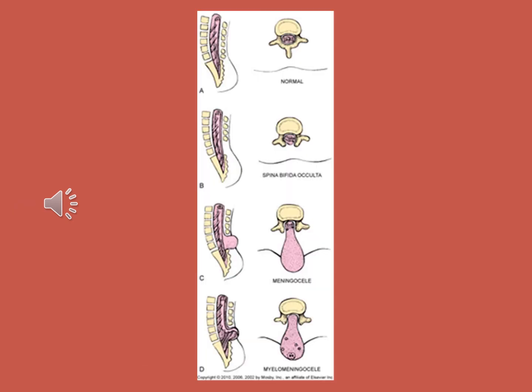All right, there are different types of defects. The first one is spina bifida occulta, which is a defect in the bony spine that is invisible to the eye, so you can't see it. It typically occurs around L5 and S1. It's not usually apparent unless there are associated